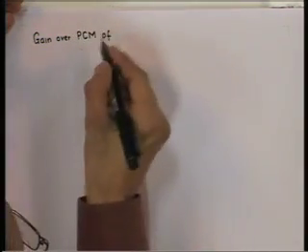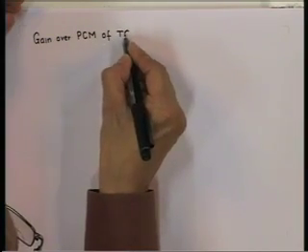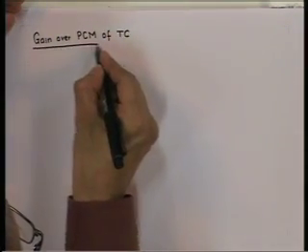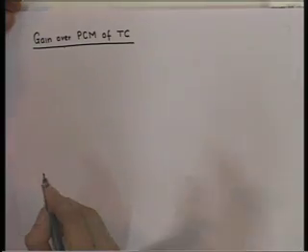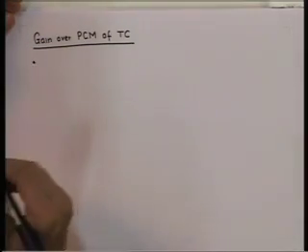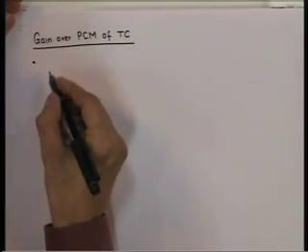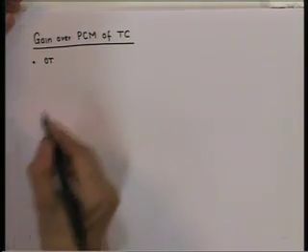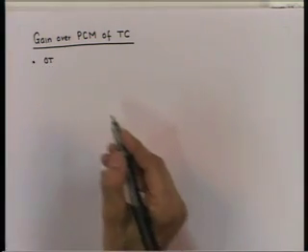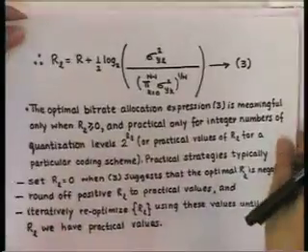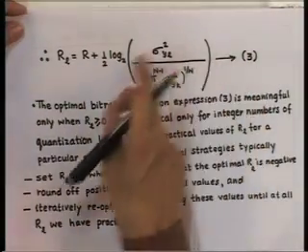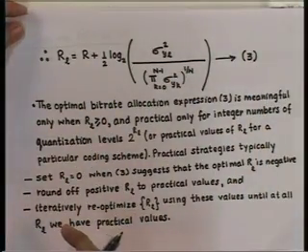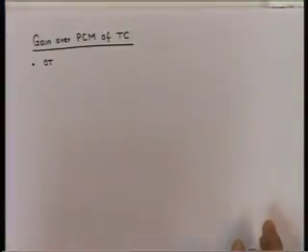Gain over pulse code modulation of transform coding. Now, with an orthonormal transform and the optimal bit allocation as given by 3, the total reconstruction error equals